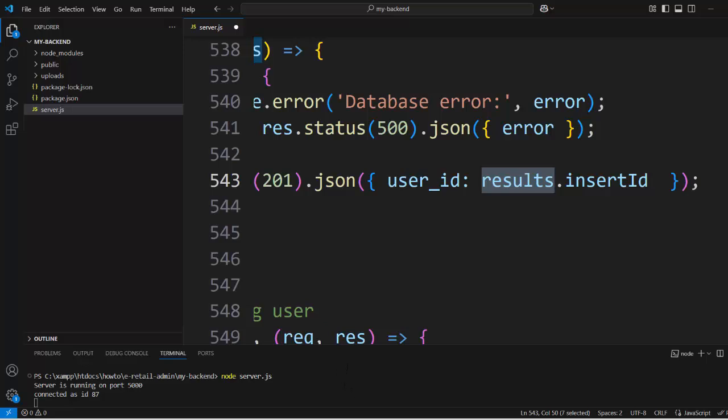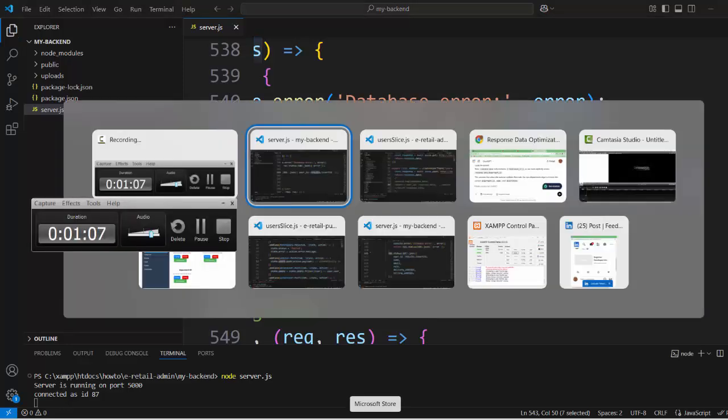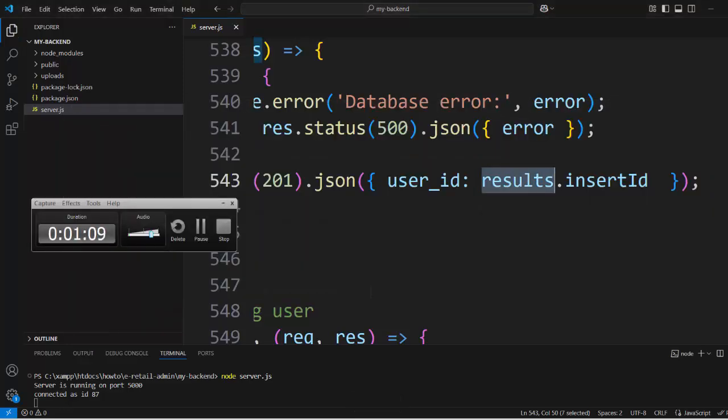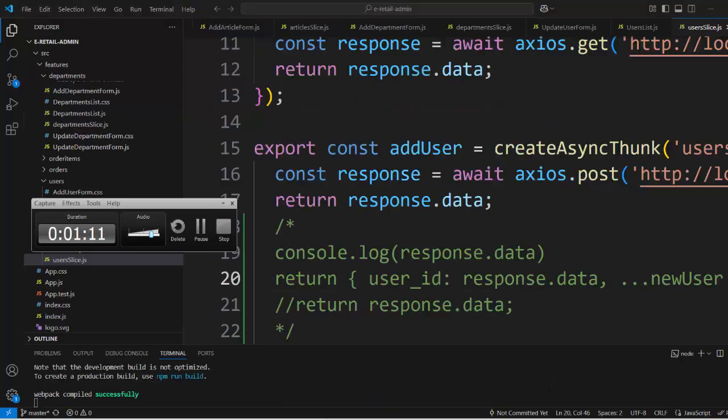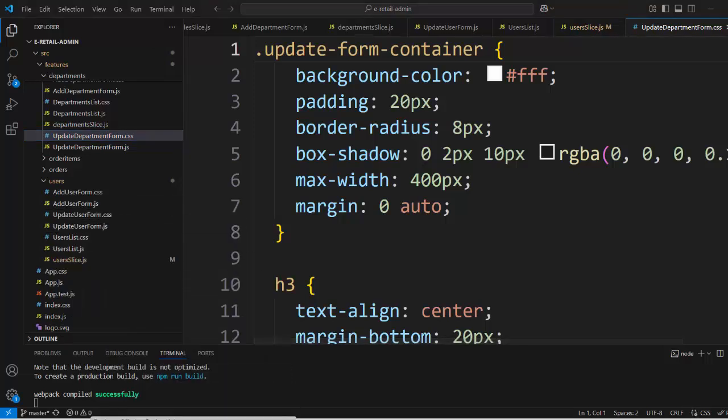But let's go to the user slice, to the thunk. The user slice is here.